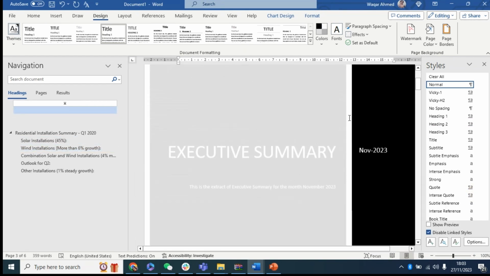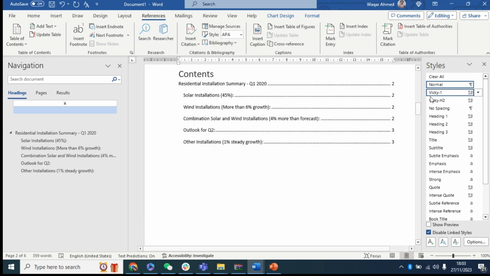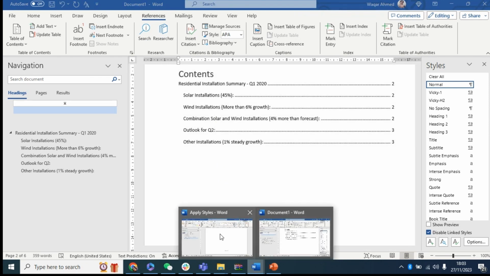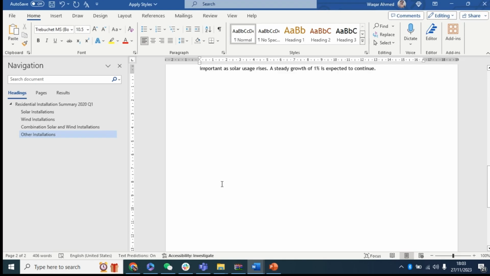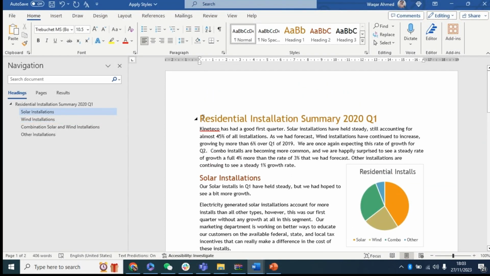And the last thing that I want to teach you is the table of contents. How do you create this table of contents? So it's pretty easy. What you have to do is to go into your document. When you have properly styled it, you will go, now let's see that I have properly styled it, and let's